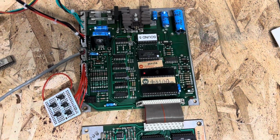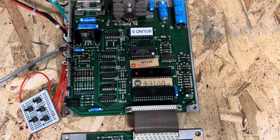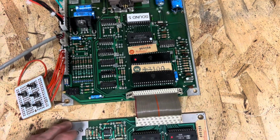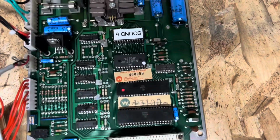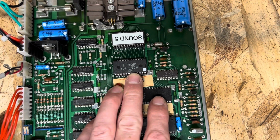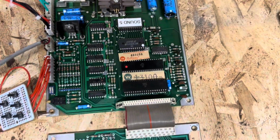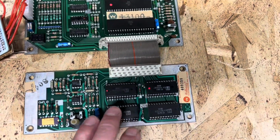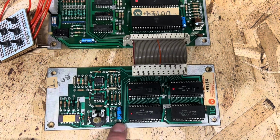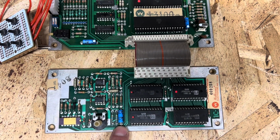Here is a soundboard that we got in today. This is out of a Black Knight, and what I discovered was the issue with the board was that we actually had a bad 6810 here. But what we did is we went ahead and resocketed all the speech ROMs here, replaced the 10 UF capacitor here on the speech track,